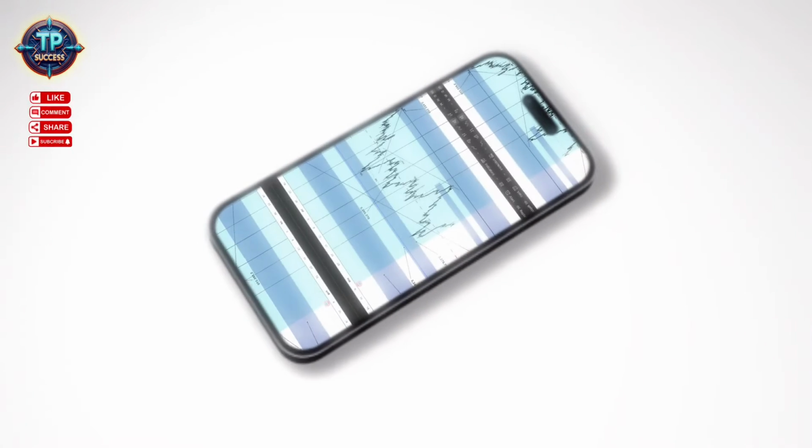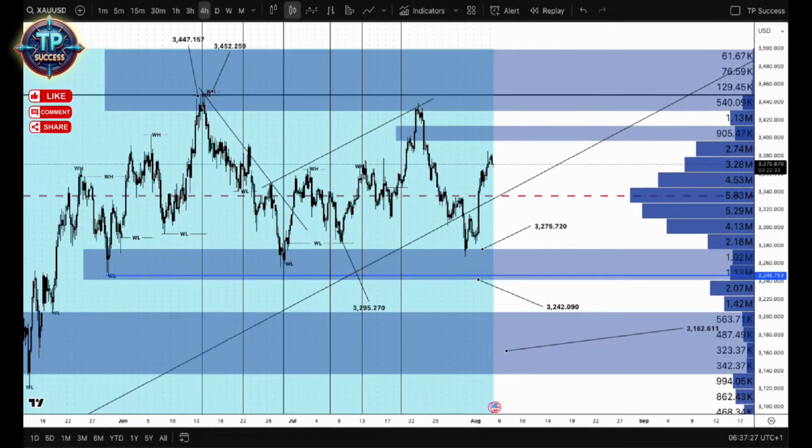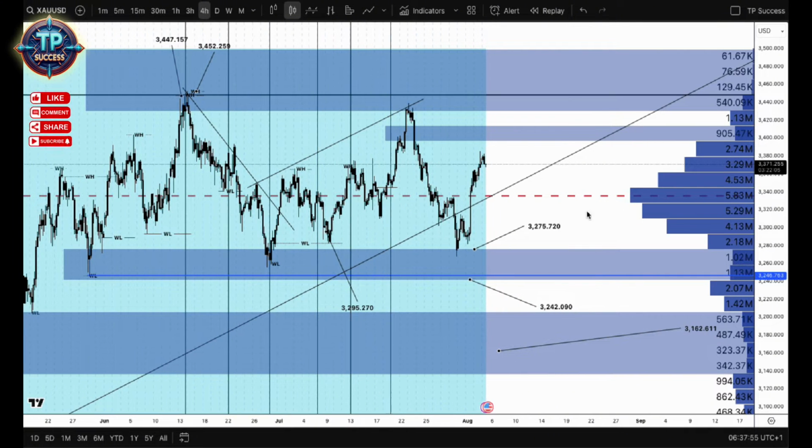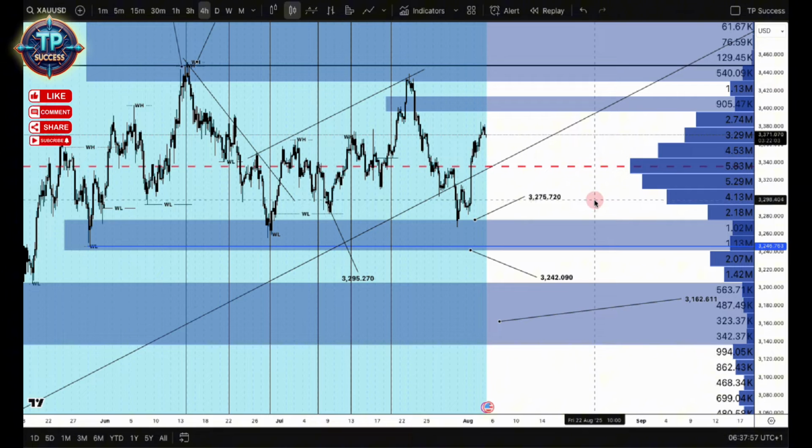Welcome back, traders. Today we're going to be picking up from where we left off in regards to analysis on gold using the volume profile. The whole idea behind this trade is that we'll be looking for high odds entry zones and a scenario driven plan. Everything's got to make sense before we do anything in this space. Just like the last video, in regards to the levels that I put out in this area over here, which was